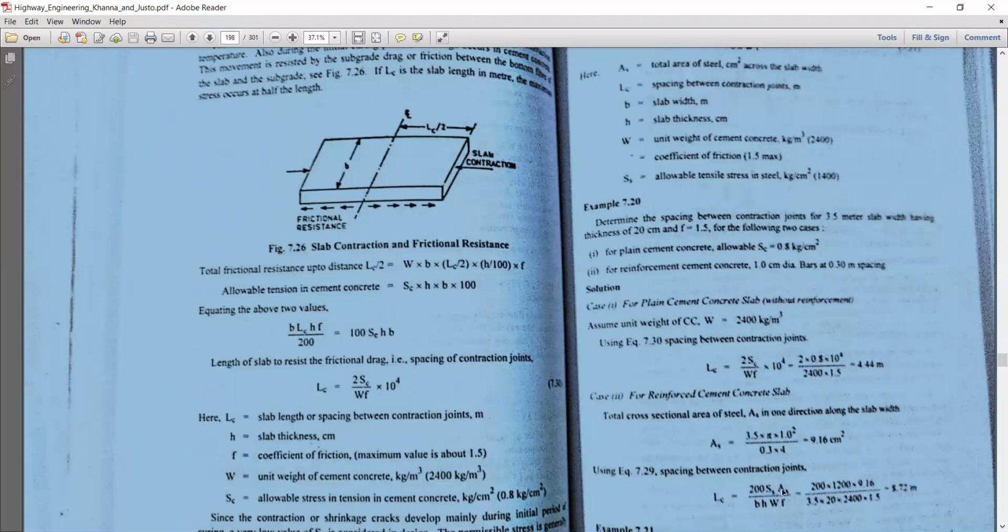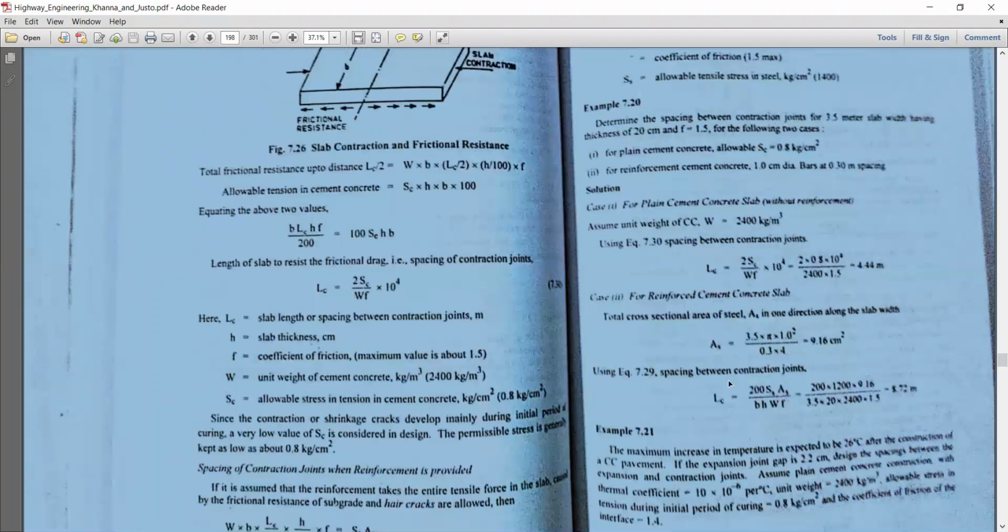As we know the values, the S value is 1200, into the area value 9.16, divided by B, which is 3.5 meter width of the concrete slab, and H is the thickness of the concrete slab, W is the unit weight of cement concrete, and F is 1.5. By substituting all these values, we get the answer 5.72 meter. Yes, this is the spacing of expansion joint and contraction